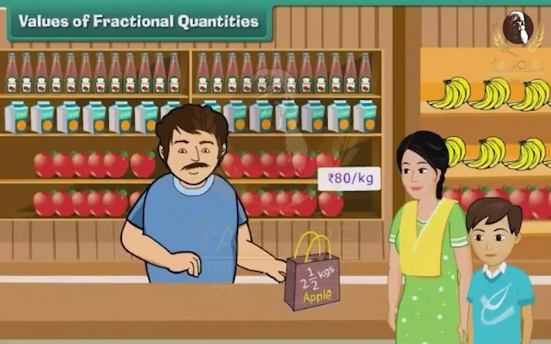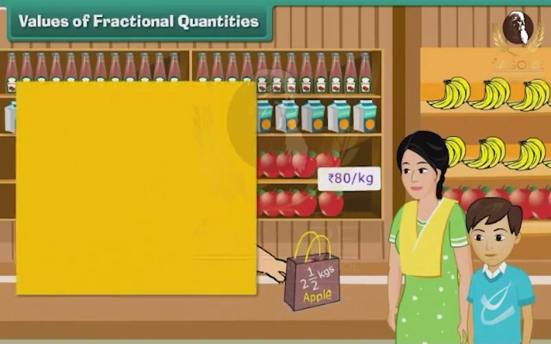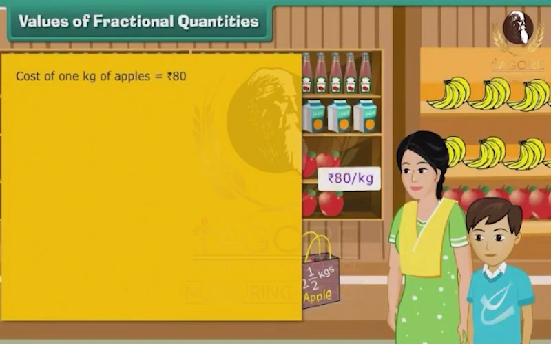Values of fractional quantities. Let us now learn to compute the values of fractional quantities. Rishabh's mother is in the fruit market. She has bought 2.5 kgs of apples, which cost ₹80 a kg. How much money did she pay to the fruit seller? Cost of 1 kg of apples is ₹80. Cost of 2.5 kgs of apples is equal to